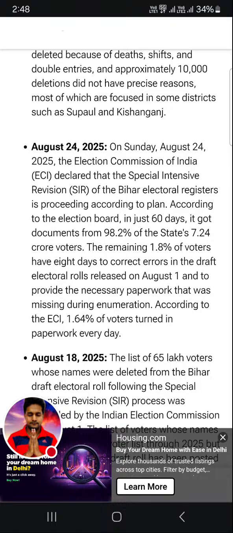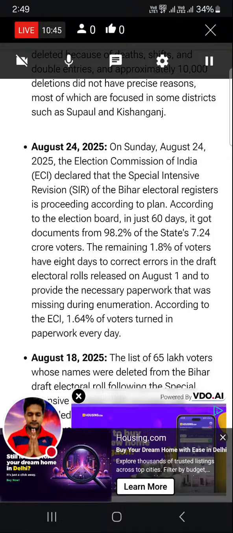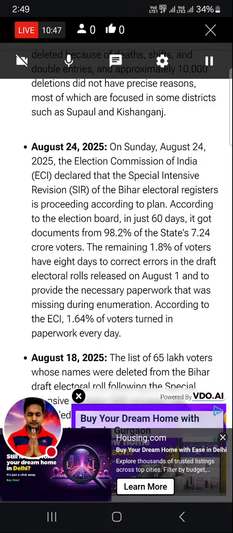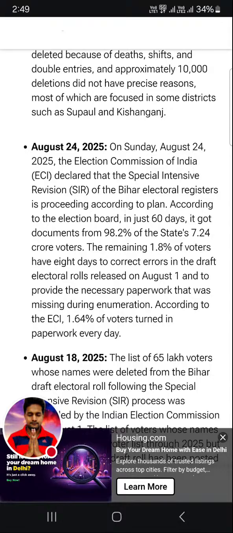August 24, 2025, Sunday: the Election Commission of India (ECI) declared that the Special Intensive Revision (SIR) of the Bihar electoral rolls is proceeding according to plan. In just 60 days, it got documents from 98.2% of the state's 7.24 crore voters.